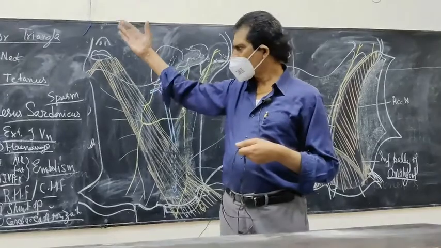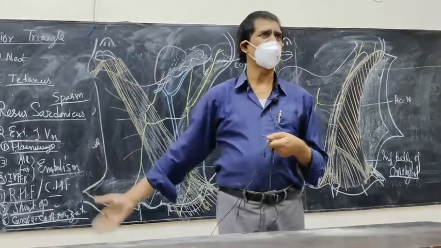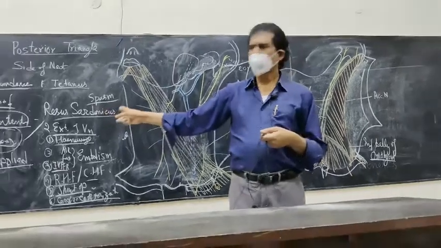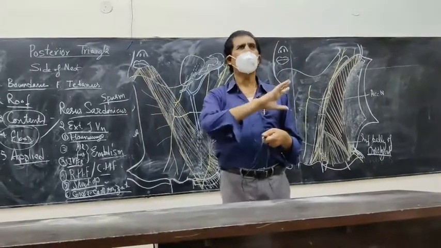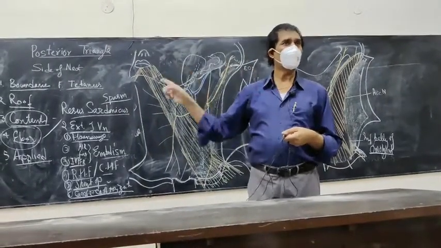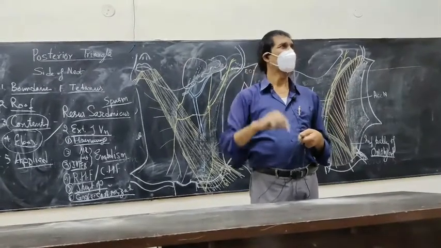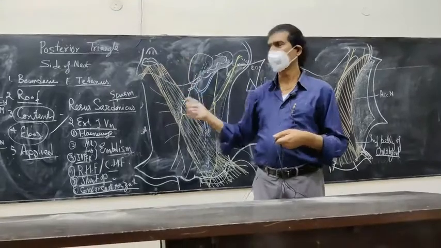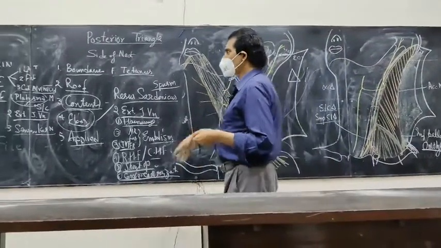So whenever the question comes, you have to elaborate these 6 points. Write down these 6 points, they are not given in your book. All 6 points you have to explain thoroughly. One point, one page. Then you get the marks. So that is how to attempt the question on the external jugular vein. But note down these 6 points.